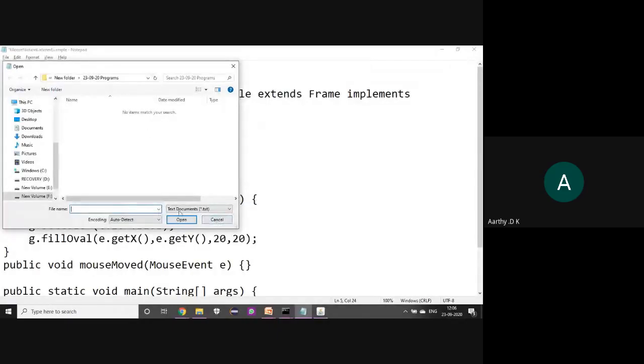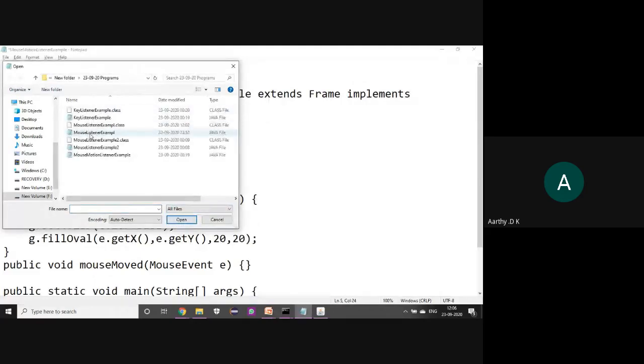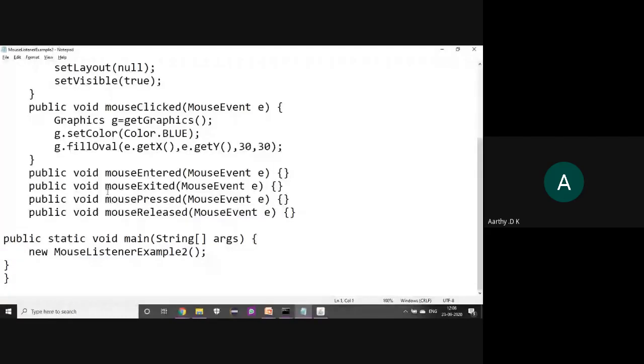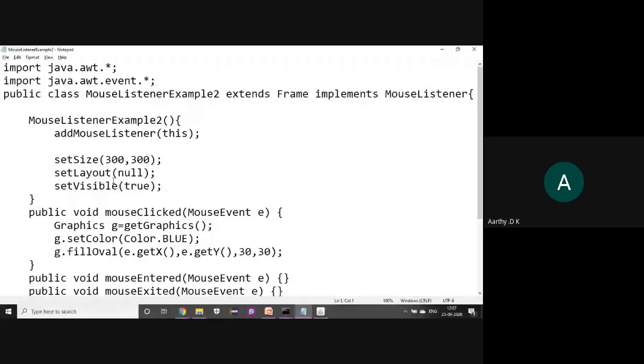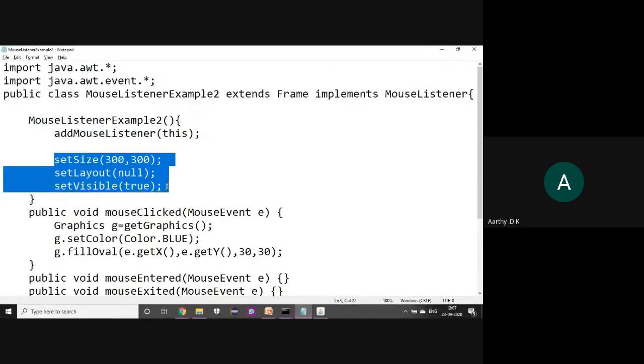I'll show you one more output for mouse listener. Here, your class will extend the frame and implement the mouse listener. The first one we saw was clicked and all those things. When this constructor is called, you are setting the layout, visibility and size for the frame.